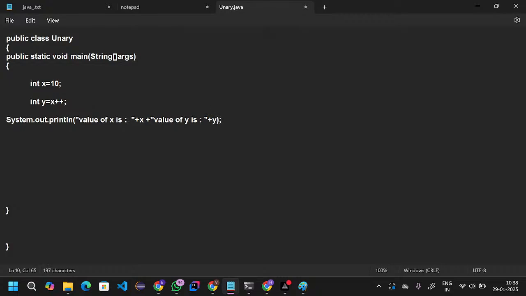Now you guys tell me what the value is here. Initially x value is 10, that value is assigned to y. Now the y value is 10 and x value is 11. This is with respect to